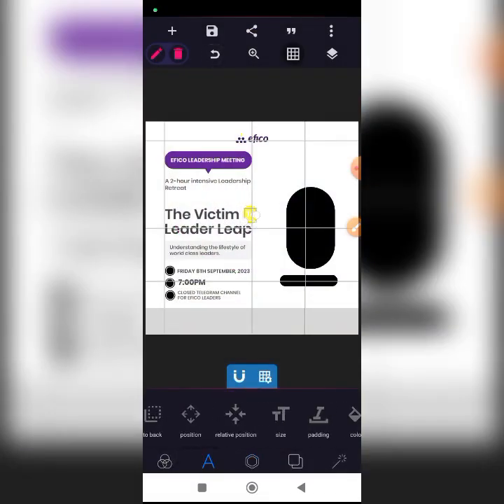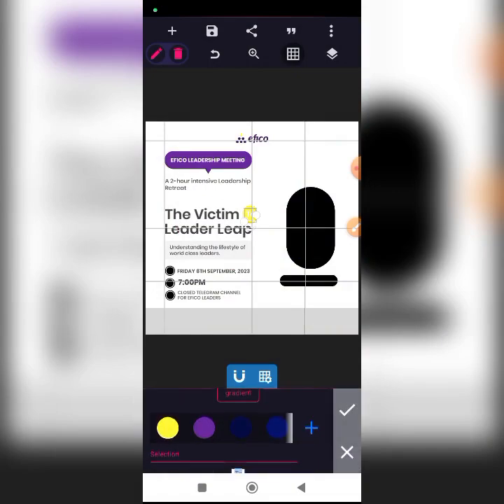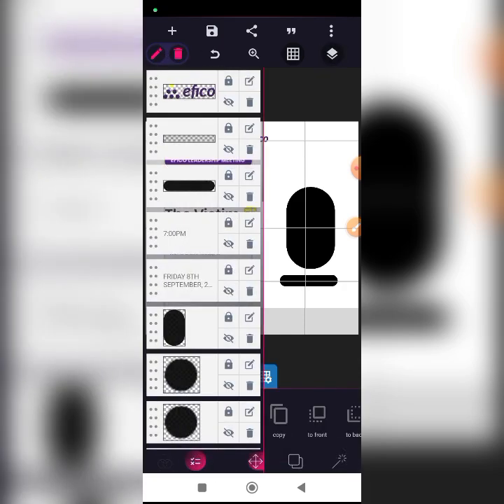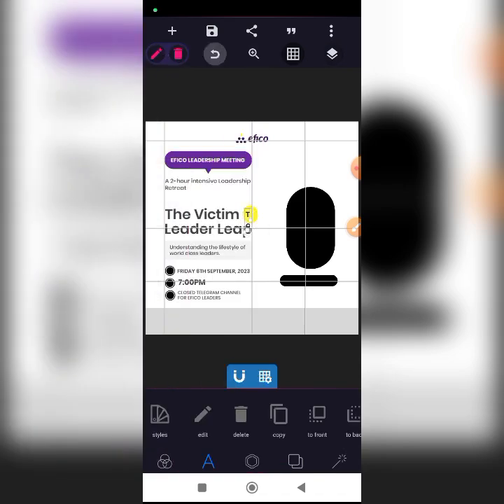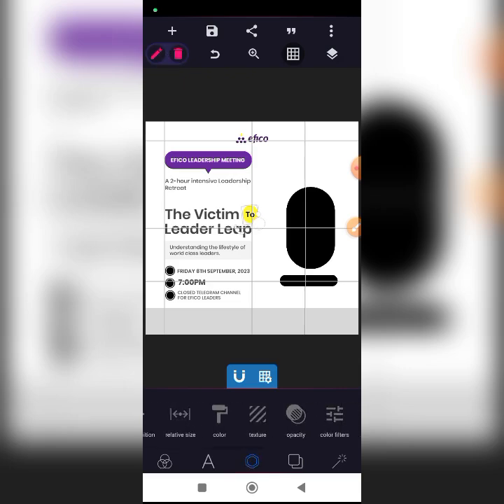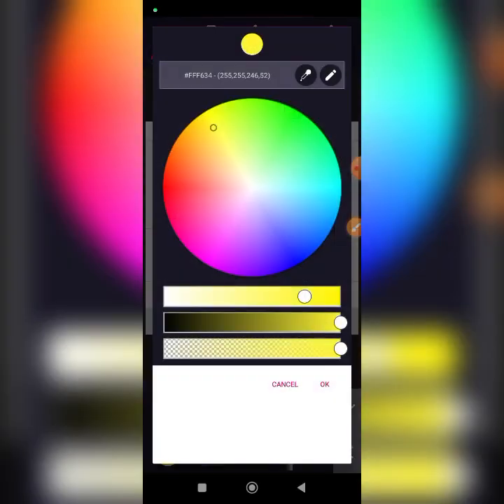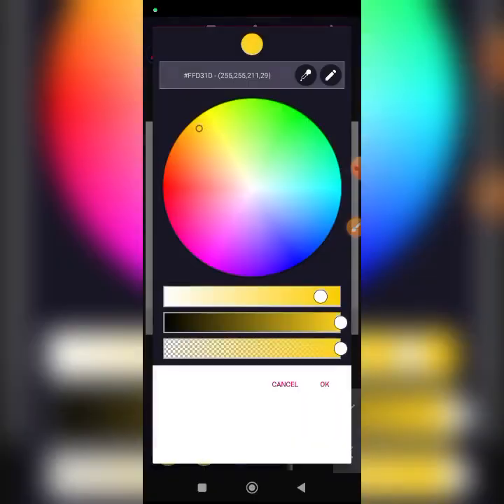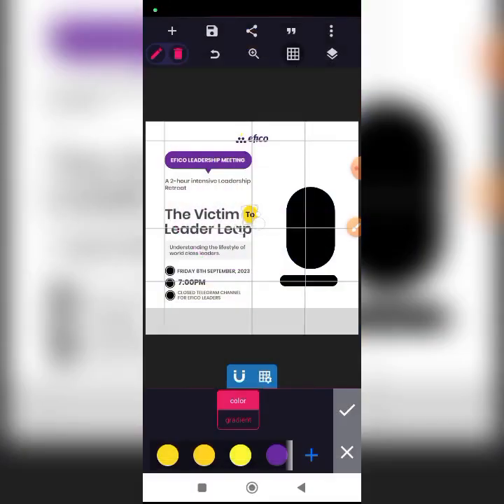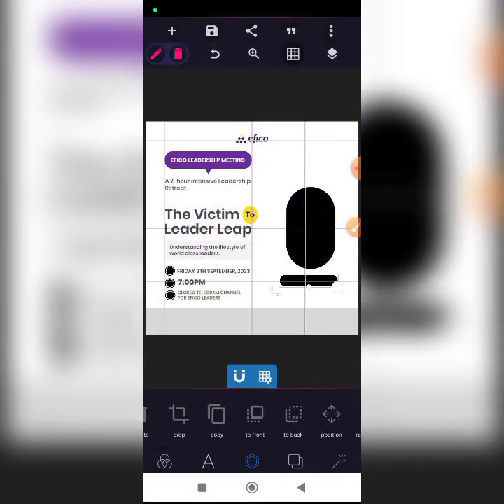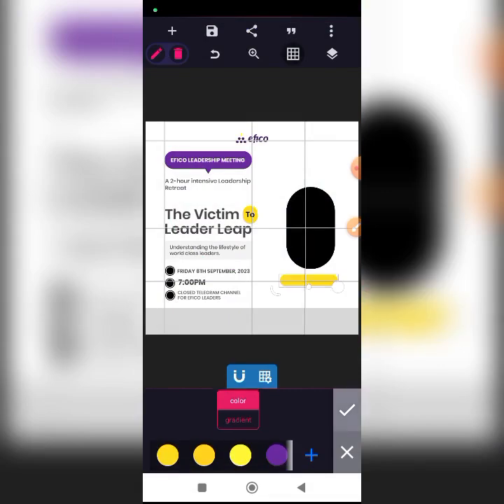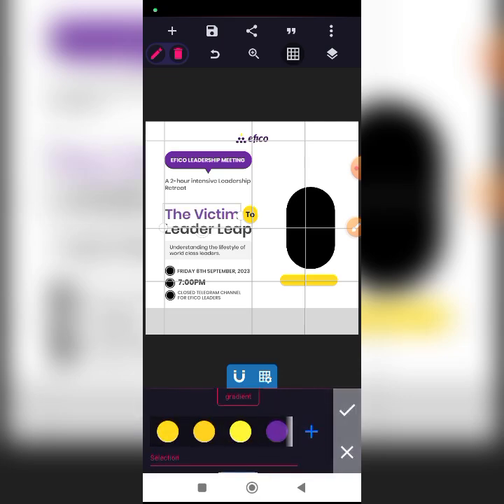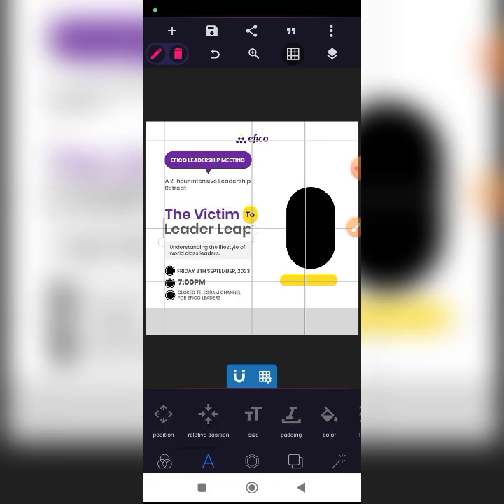Then we change the text color to black, the text on it. Then for this purple and black,